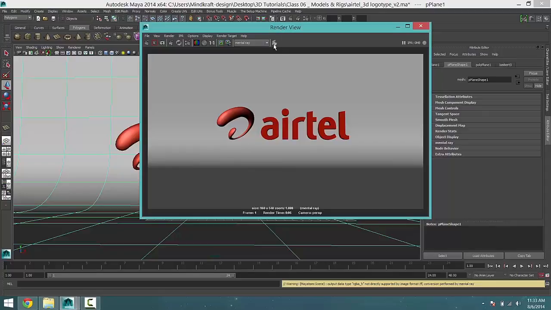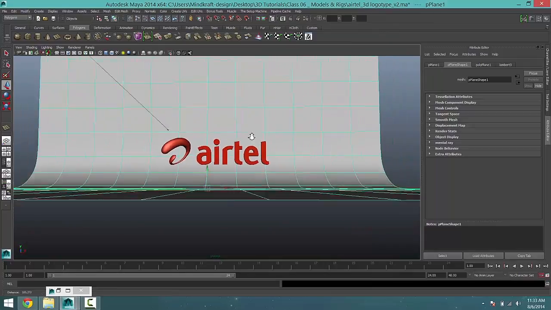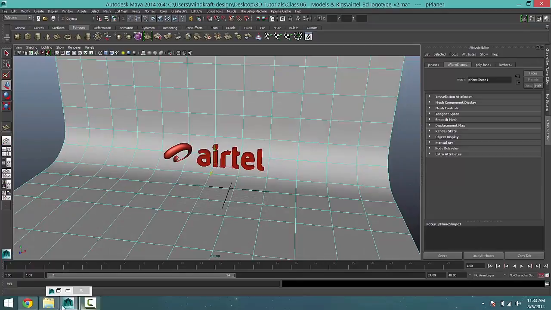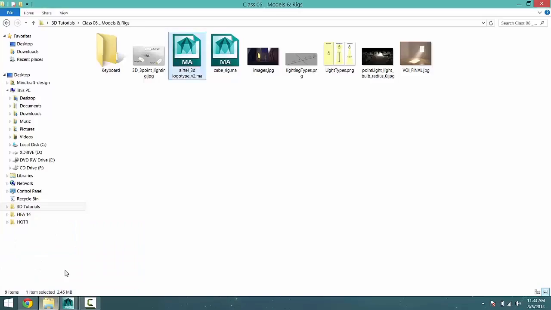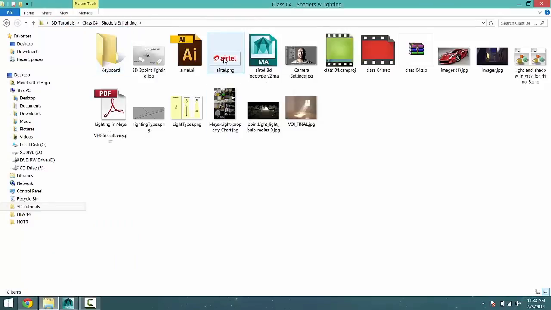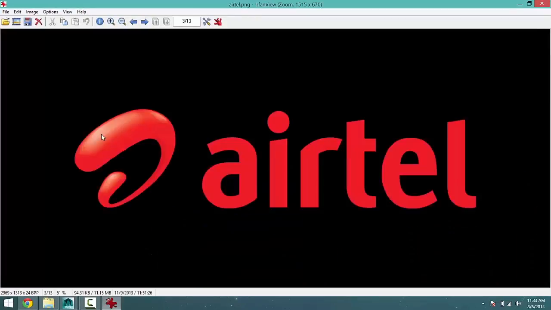Alright, so this is what you get. This is the work of the default light in Maya, but we want to create our own light. So for this kind of object, if you look at this image over here, you notice a strong highlight here and here and